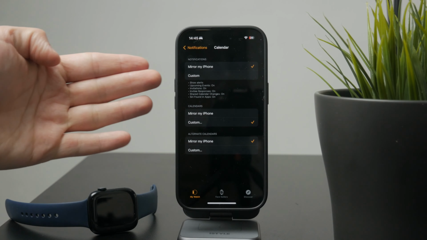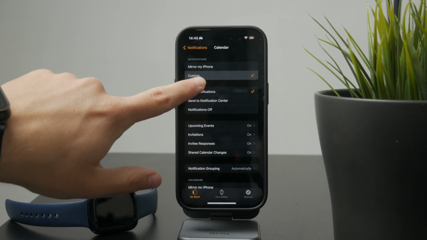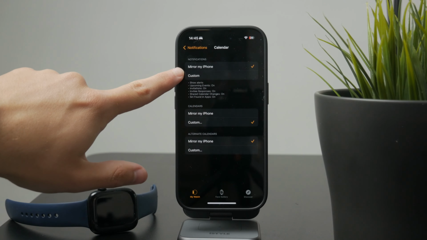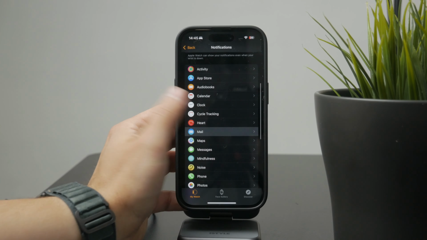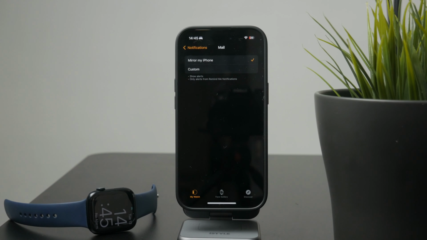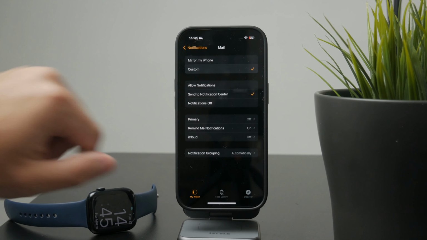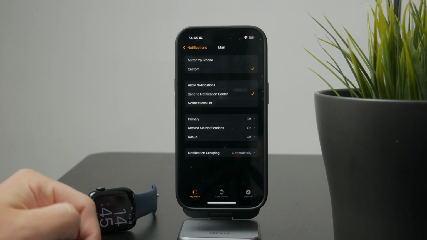One important thing to decide first is whether you want to mirror your iPhone's notification settings. Let's say your email app is already customized on your iPhone. Mirroring those settings might make sense so that you don't have to set everything up again from scratch. But if you want your Apple Watch to work a little differently, just turn off the mirroring and choose your own settings. From there, you can allow full notifications, send them straight to the notification center without alerts, or turn